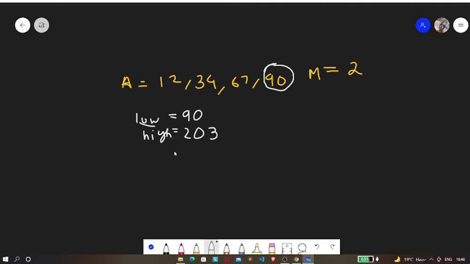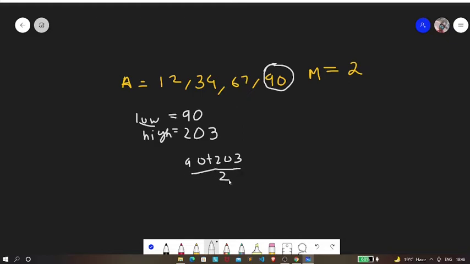So just like binary search, what we are going to do is find the mean, okay? So let's just find the mean of 90 and 203. So it will be 90 plus 203 by 2, right?